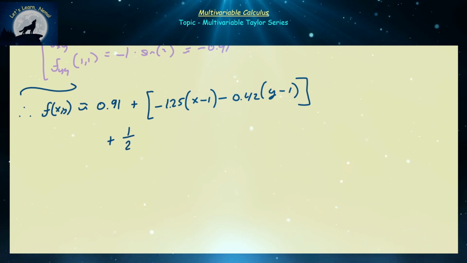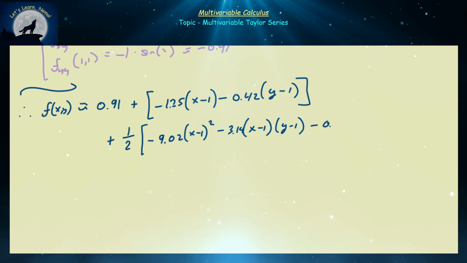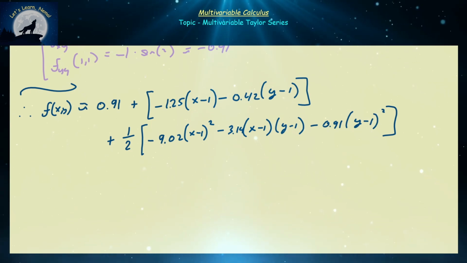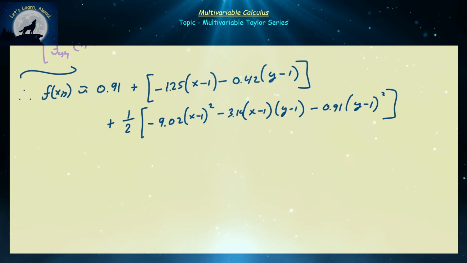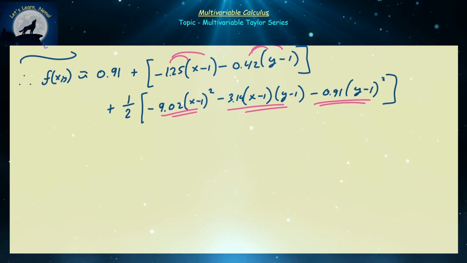And then we're going to have 1 over 2 factorial, which is just 1/2, and then negative 9.02 times (x minus 1) quantity squared, and then minus 3.14 times (x minus 1)(y minus 1), and then minus 0.91 times (y minus 1) quantity squared. Then we can add the cubic terms if we really have a desire to have a better approximation. So once you distribute those, FOIL those out, and simplify everything, and hoping I didn't make any mistakes in this calculation,